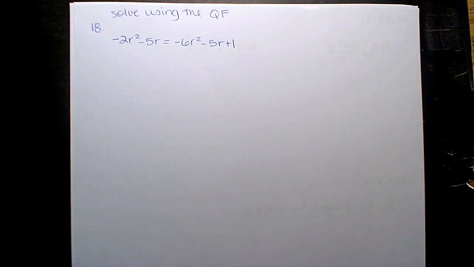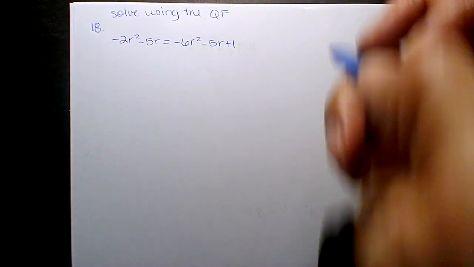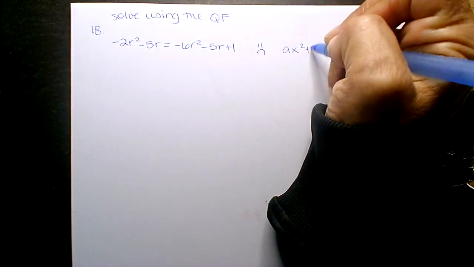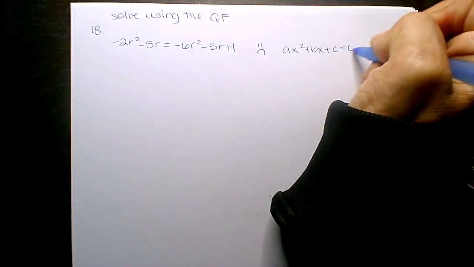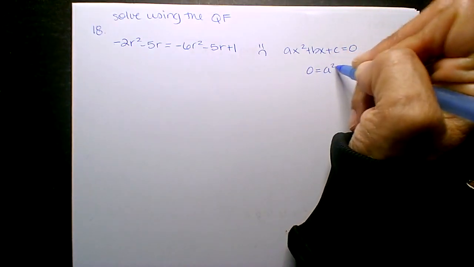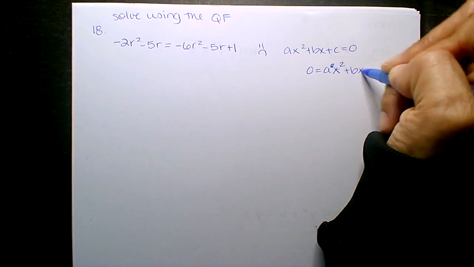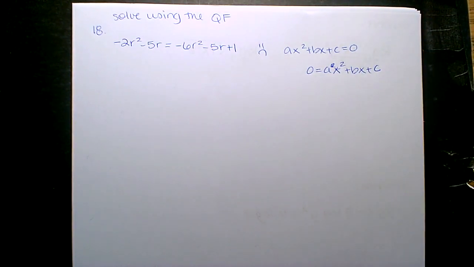Right, look. This is not in standard form. So, sad face, it's not in standard form. You need ax squared plus bx plus c equal to 0. It doesn't matter which side the 0 is on, tomato, tomato. But you have to set it equal to 0 before you can use the ABC in the quadratic